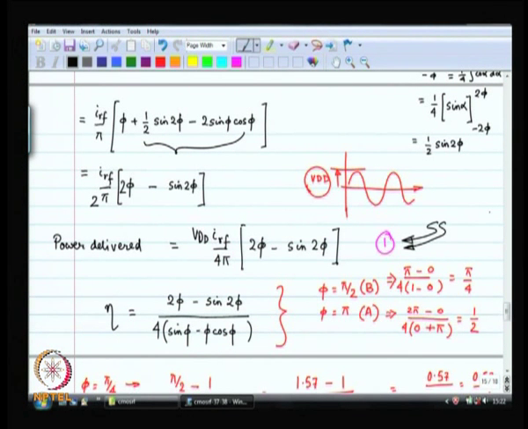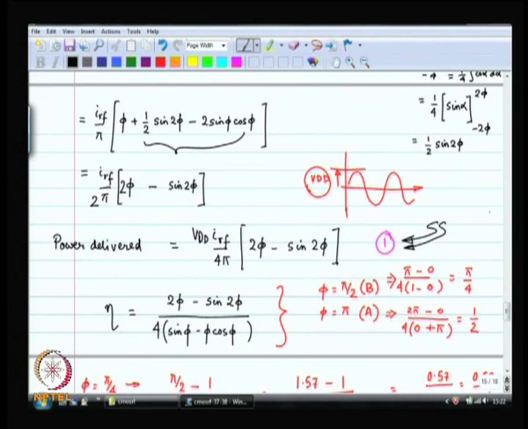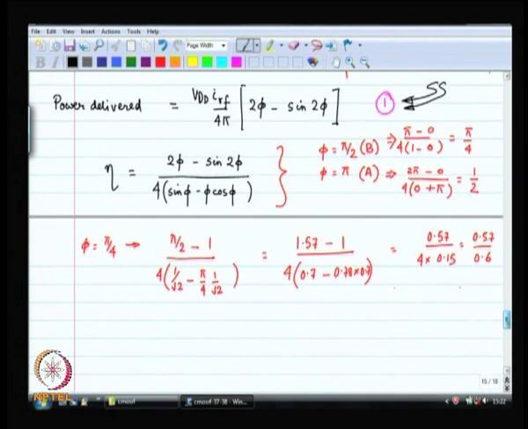So, twice phi is basically pi by 2. So, it is something like 1.5, right, between 1.5 and 1.6. So, 1.55, and sine 2 phi is 1, pi by 4. So, 2 phi is pi by 2, sine of pi by 2 is 1. So, this will give me something like 0.55